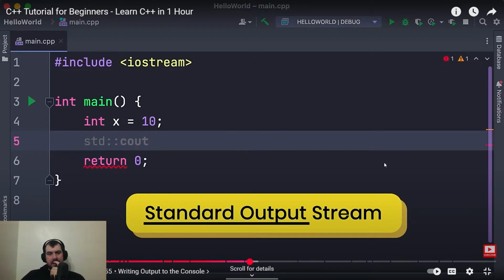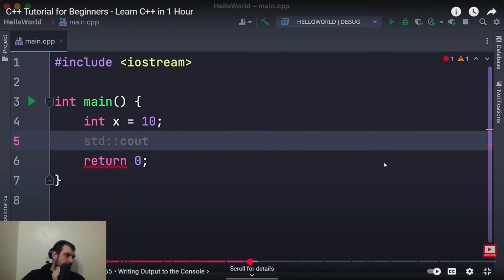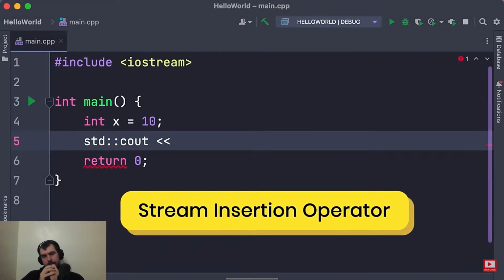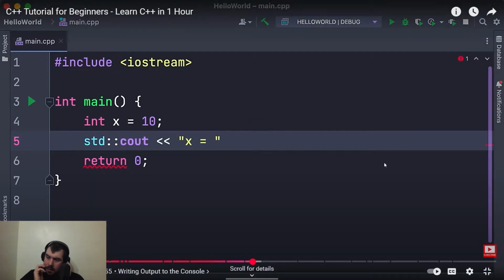It's not fun. Standard output, which is our console window, right? Now, these double left angle brackets are called the stream insertion operator. It's an operator for inserting something to our output stream. In this case, we're going to write a sequence of characters which we specify using double quotes. Now in programming or C++ specifically, this is called a string. We'll talk about strings later in the course. So here we want to print x equals, and right after we want to print the